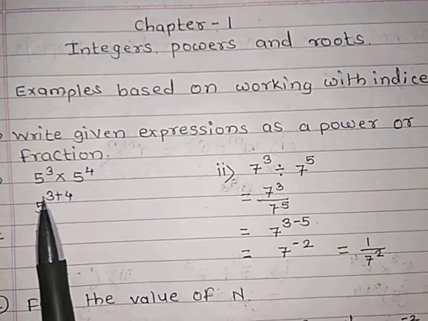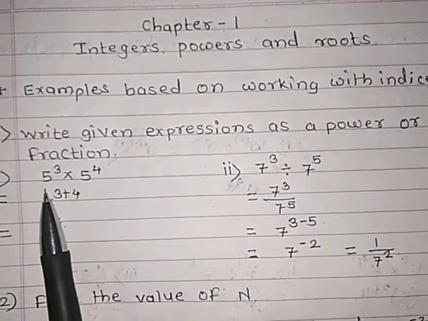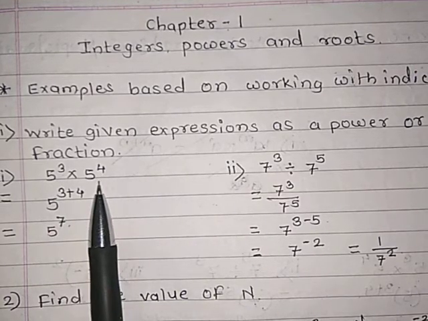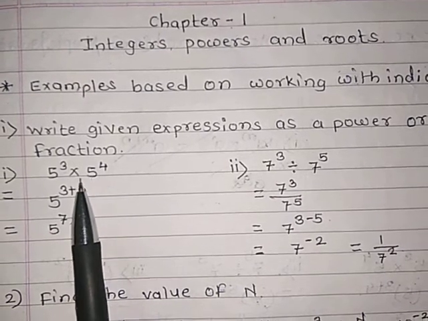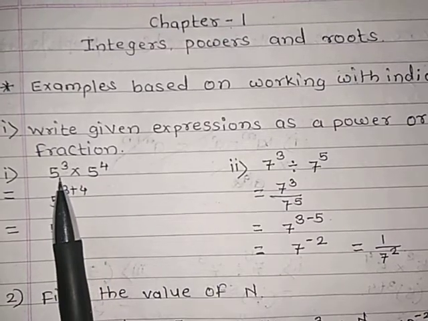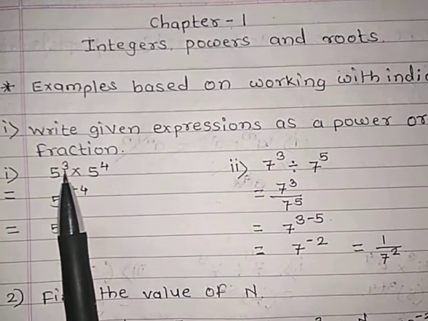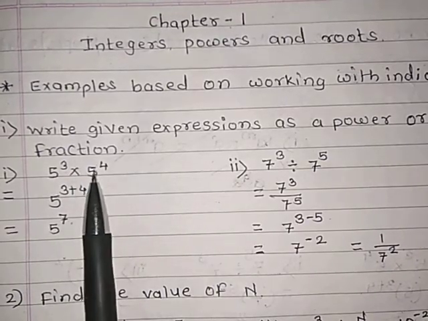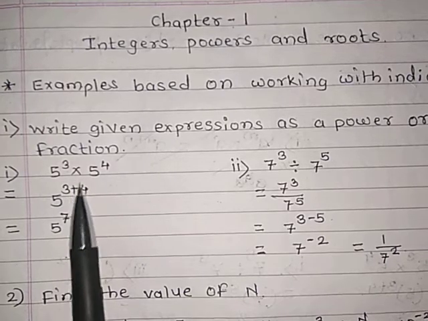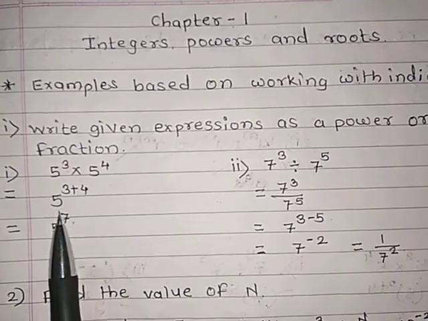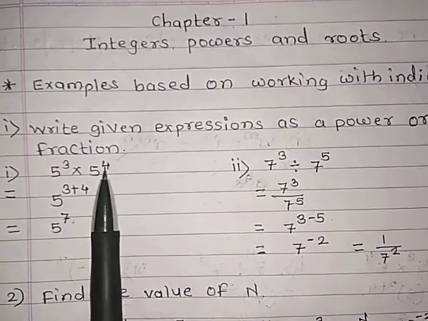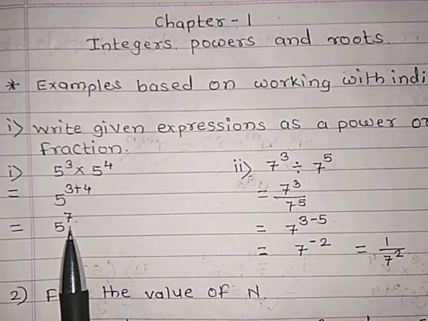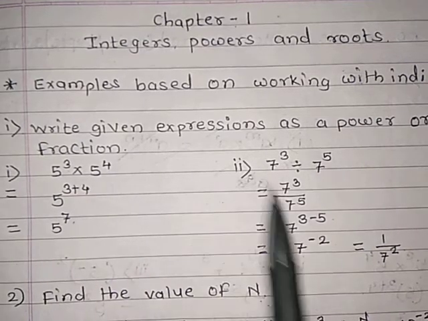Okay, right? See here. We have first example 5 cube into 5 raised to 4, which we can write by the law of indices. A raised to m into a raised to n will be a raised to m plus n. Means when there is a multiplication sign, we have to add their indices. So it will be 5 raised to 3 plus 4, which is equal to 5 raised to 7. Okay. Second one,